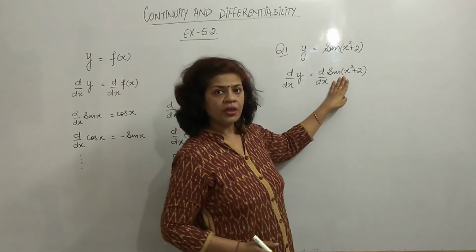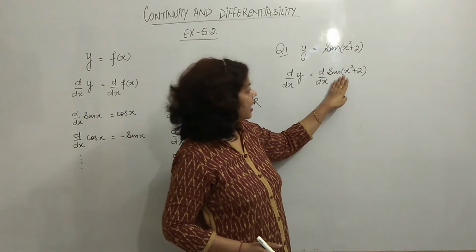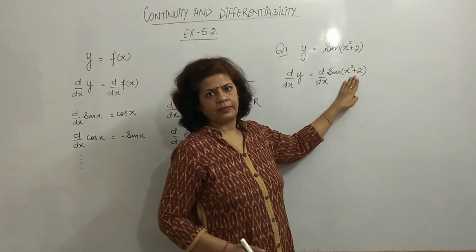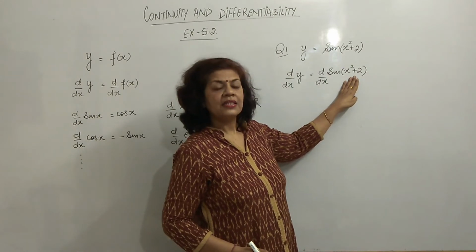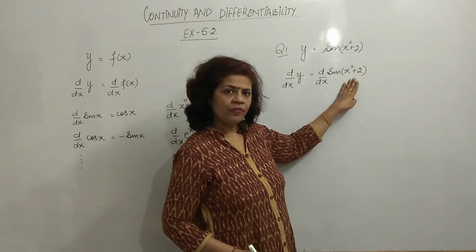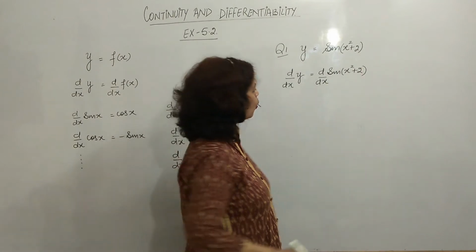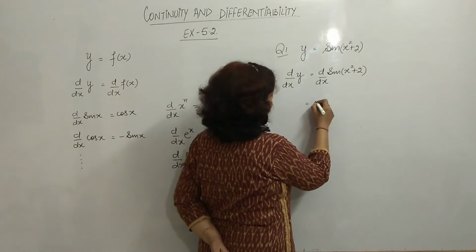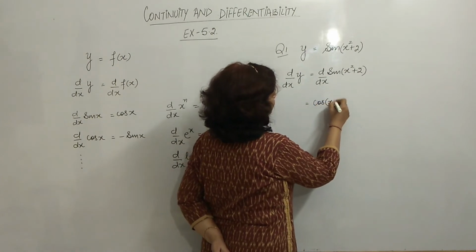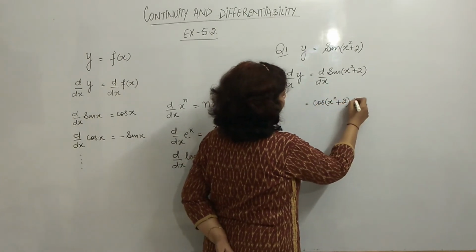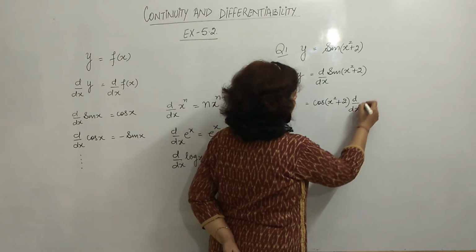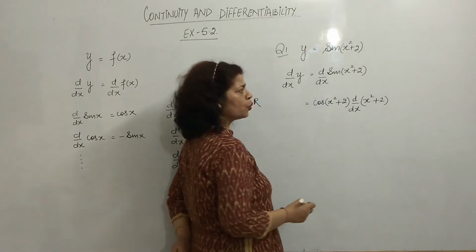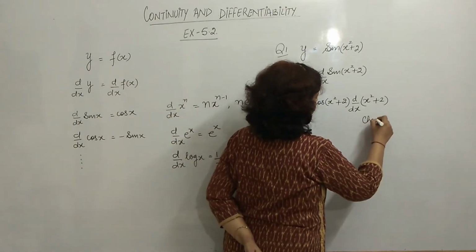Here sin is a function of x. Consider my line. What will happen? We differentiate sin as it is, cos(x square plus 2), and then once again we differentiate this function. This is known as chain rule,